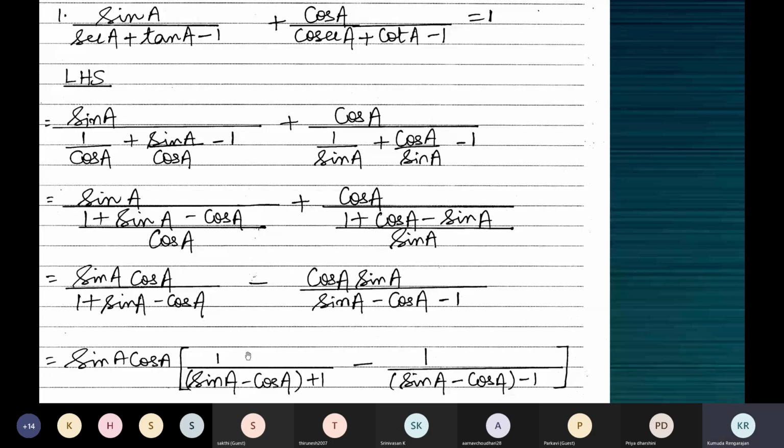And what will you get in the numerator here? All these terms you will get here, and all these terms you will get here. Correct? Yes, ma'am. All will get cancelled. Okay. Now, when I'm asking the next step, you are telling me the step after the next. When we take up the common denominator, as you all understood, sin A minus cos A the whole square minus 1 the whole square is the common denominator. And in the numerator, you will have this one here minus this one here. That is the next step.